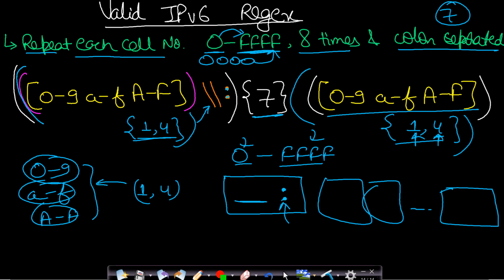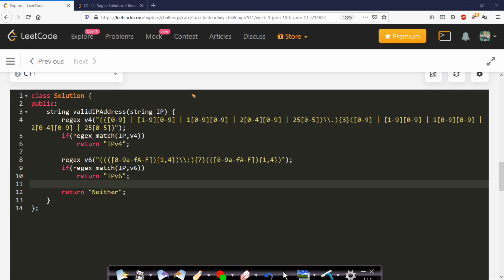So let us now look at the code. This is a simple code. As I have already explained, if you have understood the theory, then this will be just a cakewalk. We are given this IP address and we want to verify if it is an IPv4 or IPv6 address. In this case, this is the regular expression for generating an IPv4 address. After forming the regular expression, I will simply use regex match. This is a function in the regex library, you can check for C++. So regex match, your given IP, comma, your regular expression.